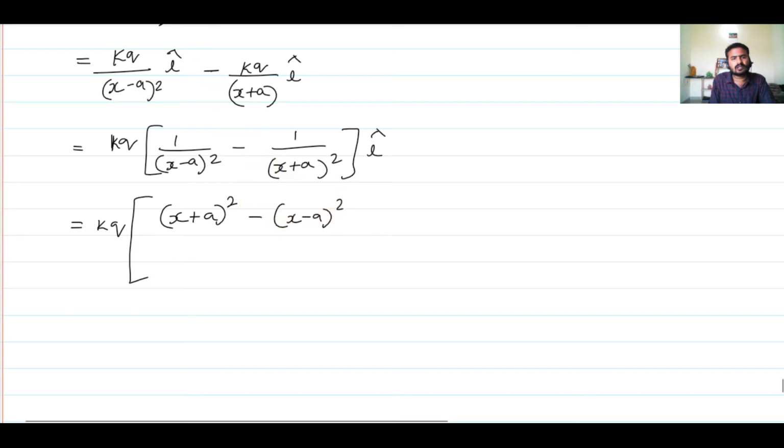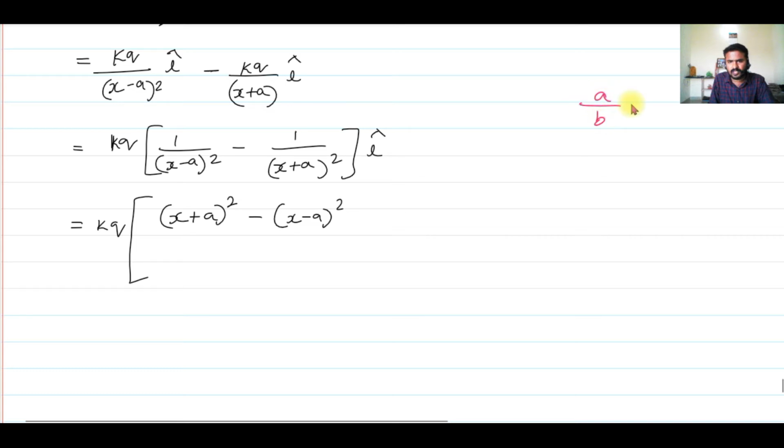Basically how do I multiply it? How do I simplify this? Like if you want to take an LCM, let us say I have 1 by a plus 1 by b. How do I simplify it? Take this b and multiply with this, and take this a and multiply with this. So b goes with this 1, it will be b into 1 is b plus a into 1 is a, divided by b into a. Denominator you multiply. Okay? So this is very basic. If you haven't learned it in your primary school, not an issue, you can learn it here. Maybe I'll repeat it once again.